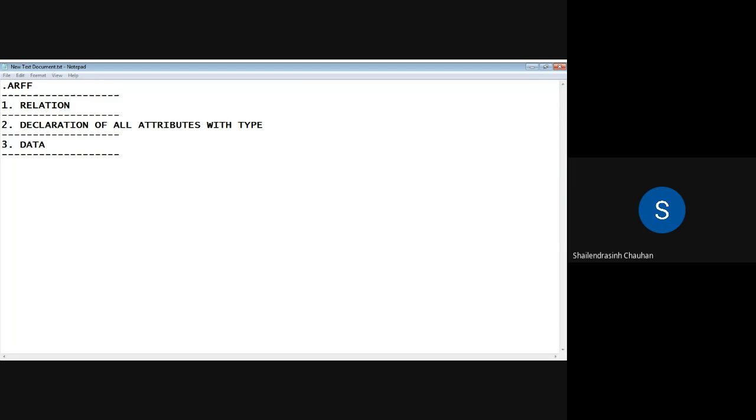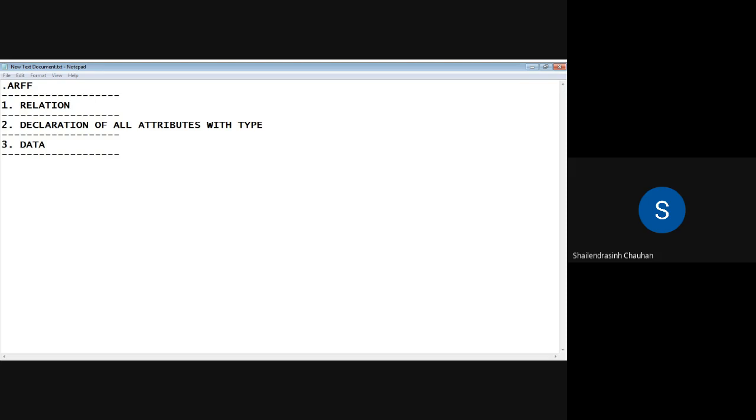That is a kind of conclusion: based on all this weather condition, whether you can play the game or not. So we are trying to create a relation among all these attributes and trying to conclude something. That's why it is attribute relation file format, where you have the relation of different attributes and a conclusion. That is your class, the last attribute.